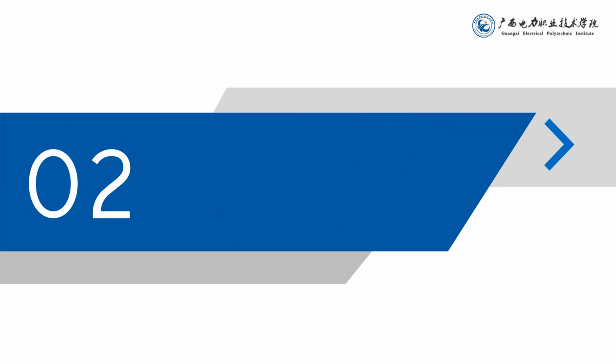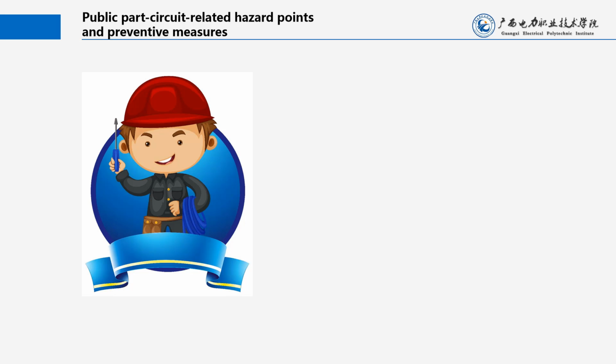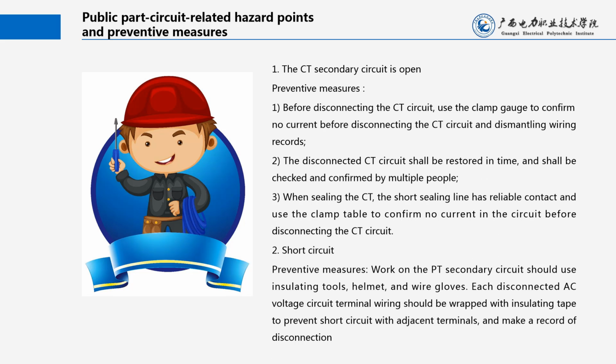2. Public part circuit-related hazard points and preventive measures. 1. The CT secondary circuit is open. Preventive measures: 1. Before disconnecting the CT circuit, use the clamp gauge to confirm no current before disconnecting the CT